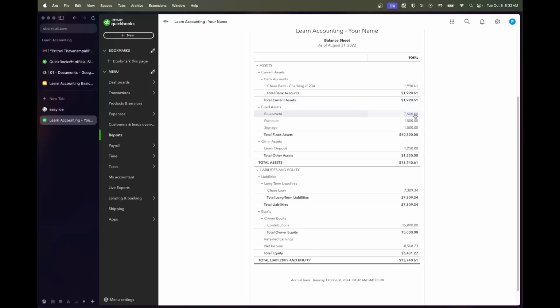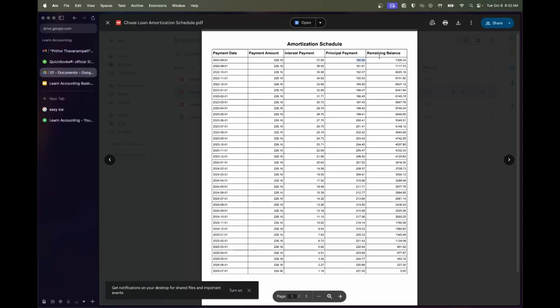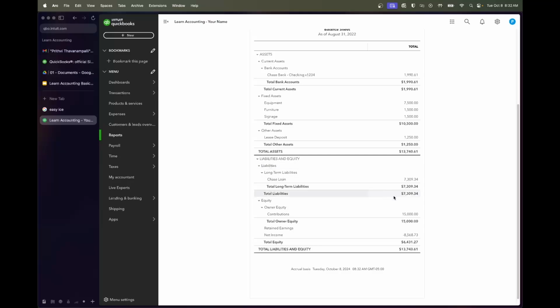And we have equipment, furniture, signage, and our lease deposit. These all don't change because we haven't really put any other money into these just yet. And here on the Chase loan side, you'll see where that number really comes down. It will be by the principal. So it was 7,500 before, and we paid down 190.66. So our new loan balance is now